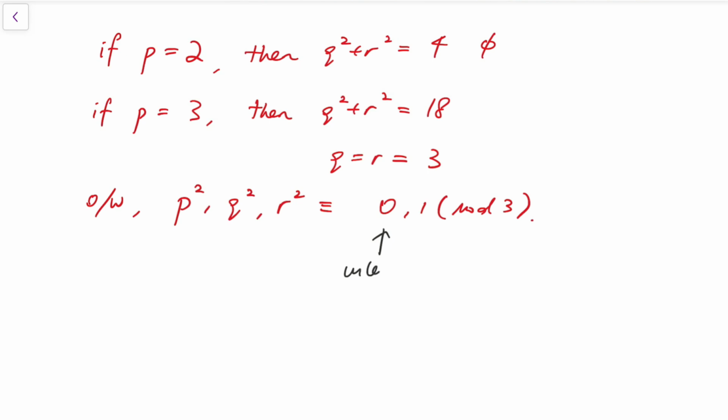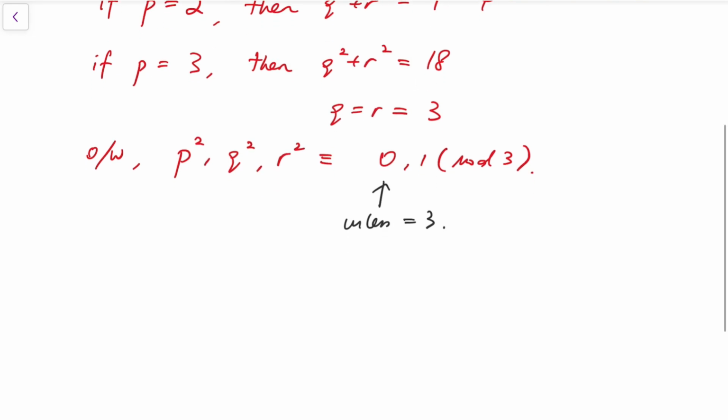So that means unless the prime itself equals 3, the prime squared must be congruent to 1 mod 3. Now, if all 3 primes are congruent to 1 mod 3, which means I'm assuming that all 3 of them are not equal to 3,